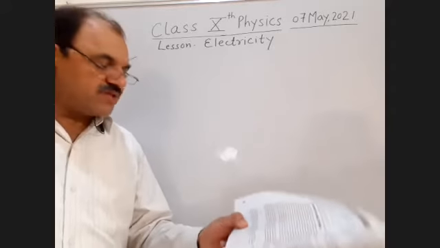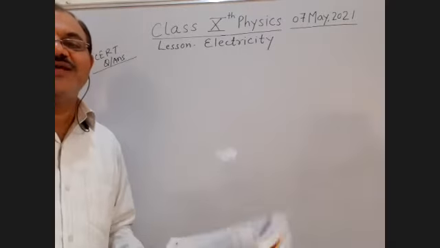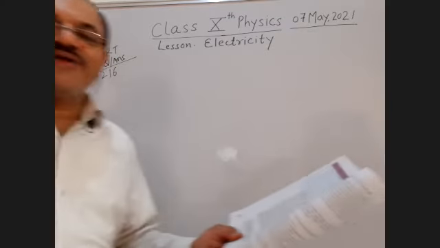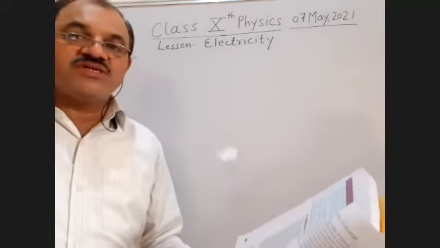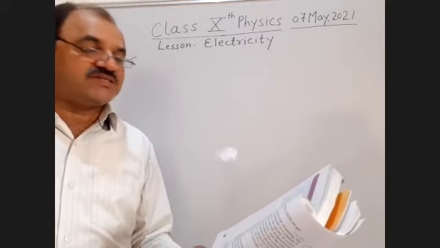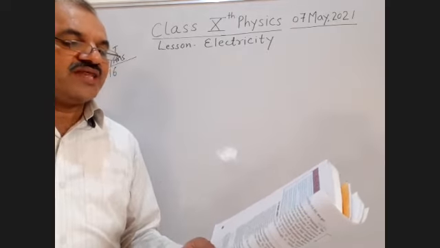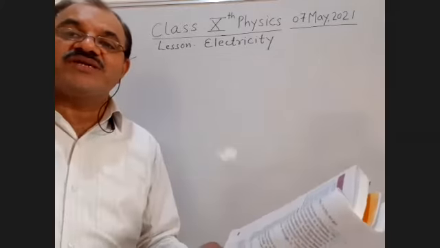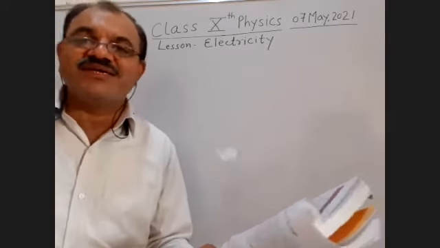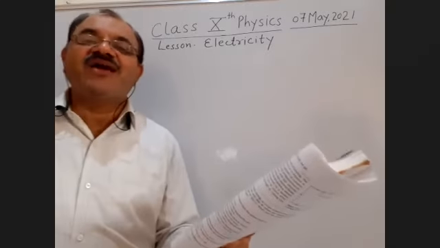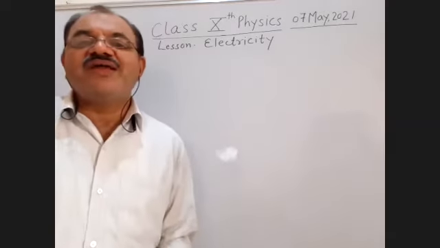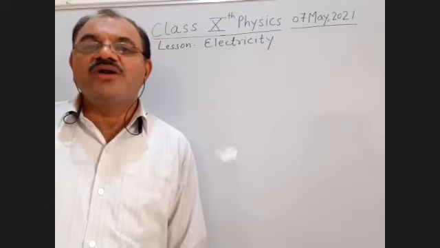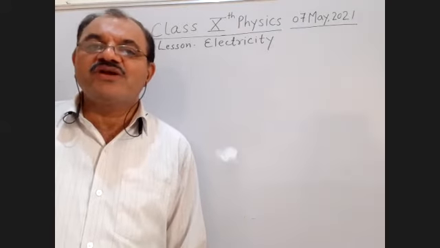Now, students, on page number 216 of your NCERT, I'll read the first question. The first question is: judge the equivalent resistance when the following resistances are in parallel. They have given the condition that the resistances are connected in parallel. Already you know that when resistances are connected in parallel, the value of the total resistance